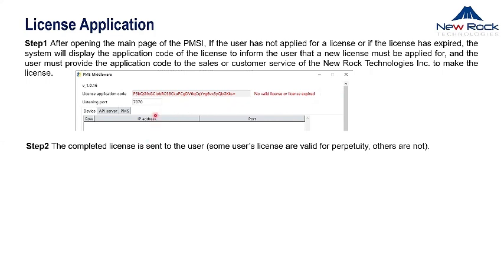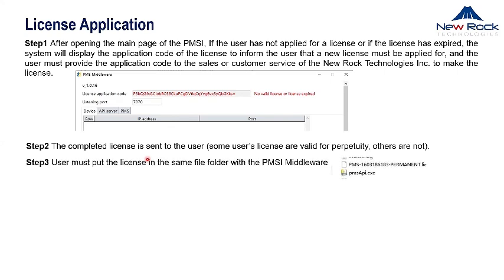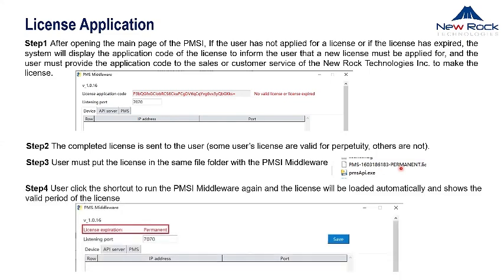You put this PMSI app. So yeah, we will send you the completed license file. Then after that, you need to put that where you put the PMSI API executable file. It could be permanent, or there may be a validity on a certain day, month, or year. Then after you click that, run it again, and